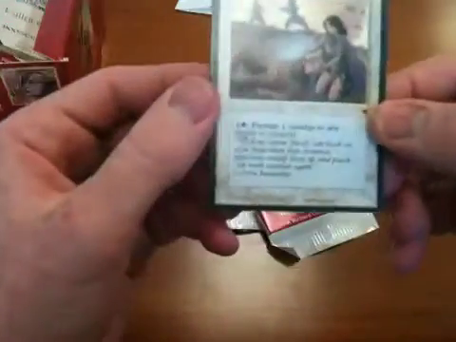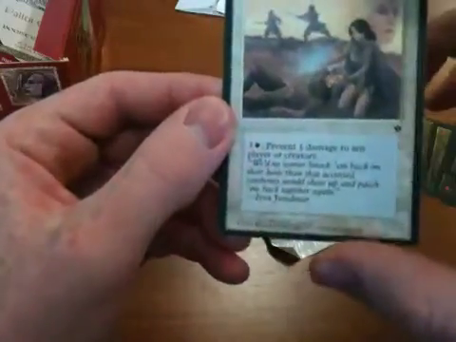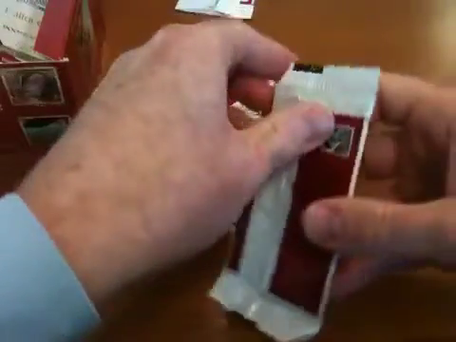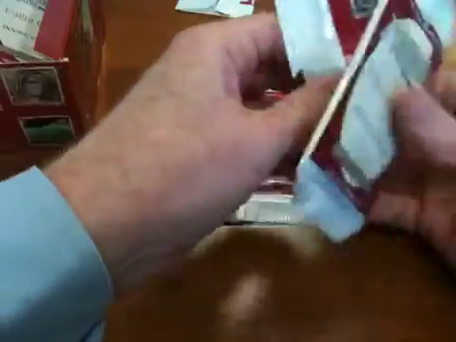Combat Medic. Prevent 1 damage to any player or creature. That's nice because it doesn't have to tap, so if you have enough mana, you can prevent a whole lot of damage. Okay, so there's our first booster pack. Not bad. I'm not going to sit here and open 36 booster packs, obviously, but I'll open a few while we have